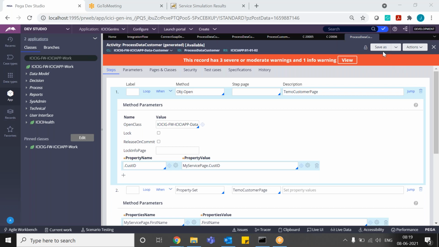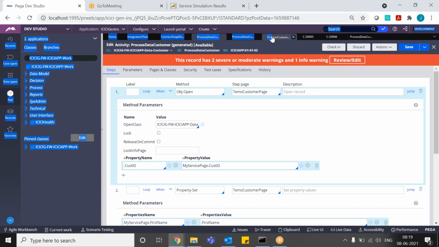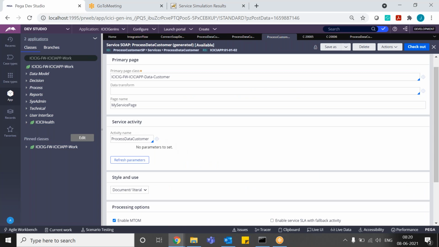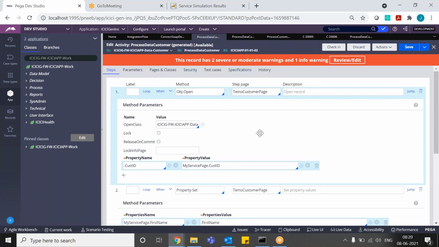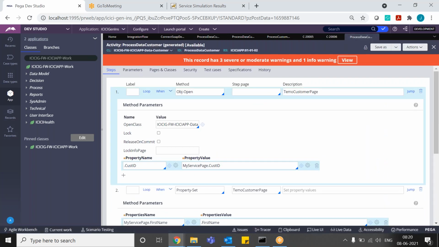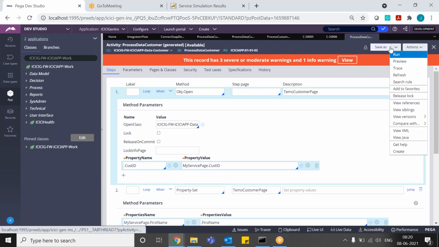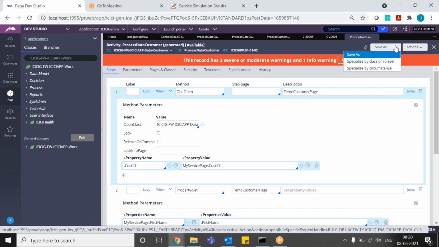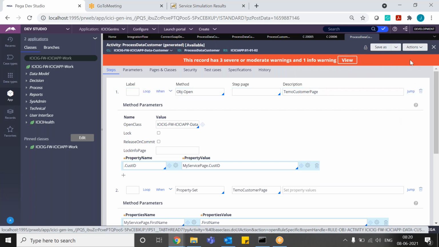Otherwise, to which page will it populate it? No, sir, this one is locked. That's what I'm saying. And this one is the proper one. See, from the service, if I open this one, it opens this one only. If I open from the tracer, it opens the other one. Check it in, then it will take the proper one.